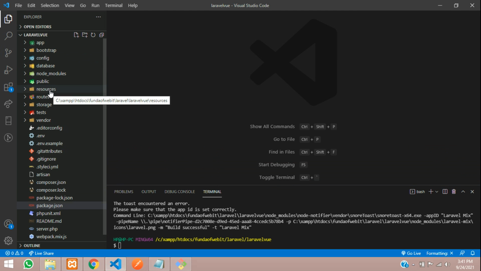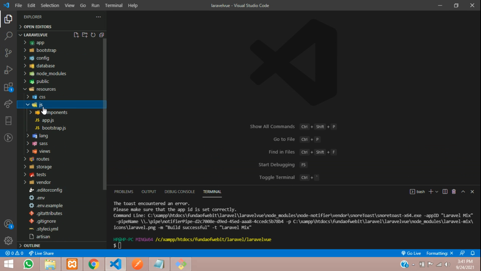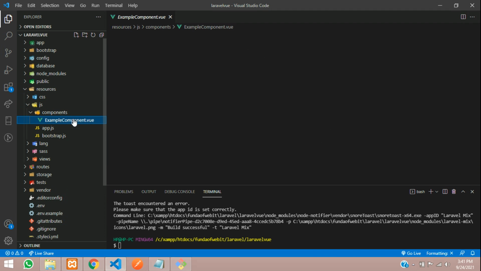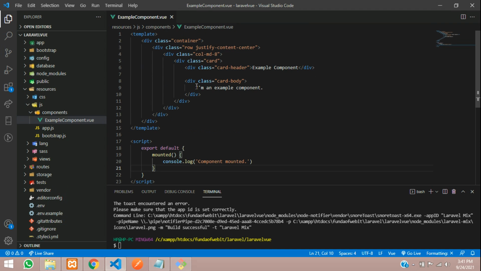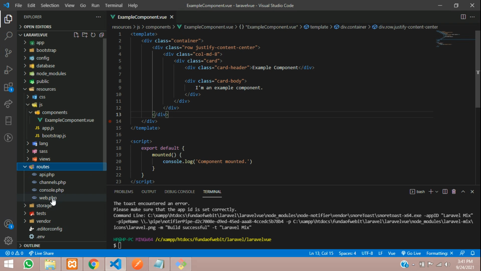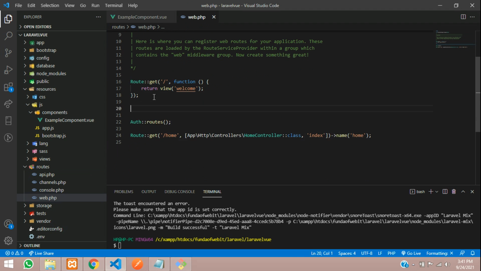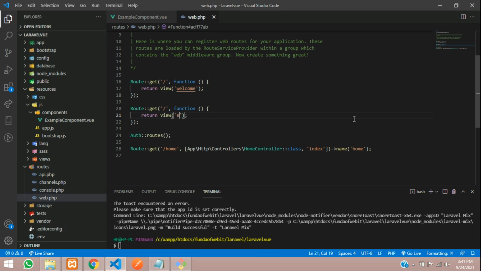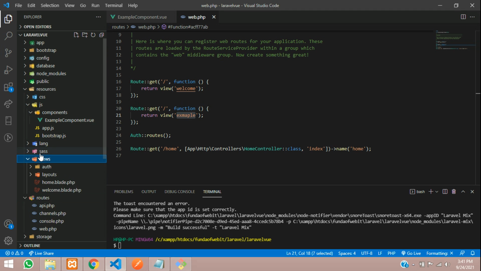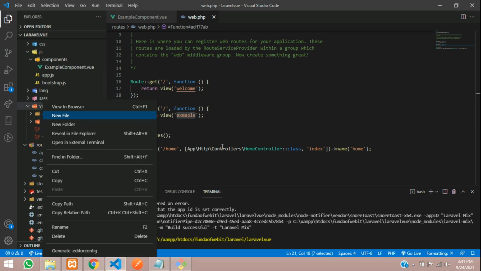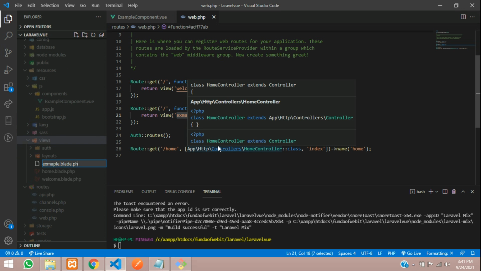First step, let's go to resources, then js, and inside js components you have an example. We want to view this example component. For that you just need to set up one simple route. Let's go to web.php and copy and paste. Let's create a blade file with the name example, because we are going to do the example component. Let's move to views and directly create the file example.blade.php.